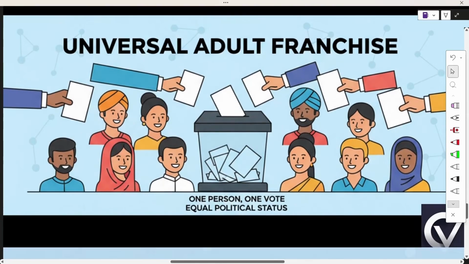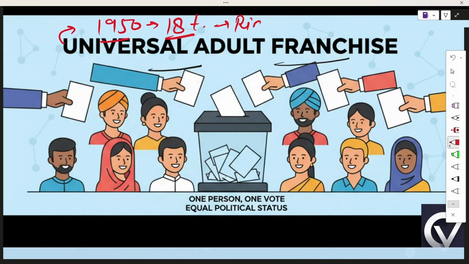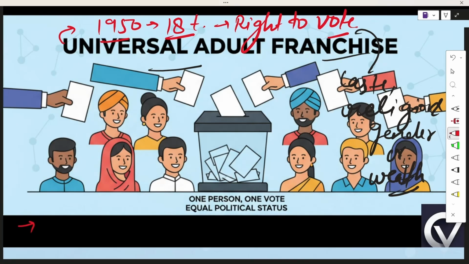Let's talk about the tenth salient feature of the Constitution of India, and that is universal adult franchise. India adopted universal adult franchise from 1950. Every citizen aged 18 plus has the right to vote, irrespective of caste, religion, gender or wealth. Unlike some other federations, we have only one citizenship,